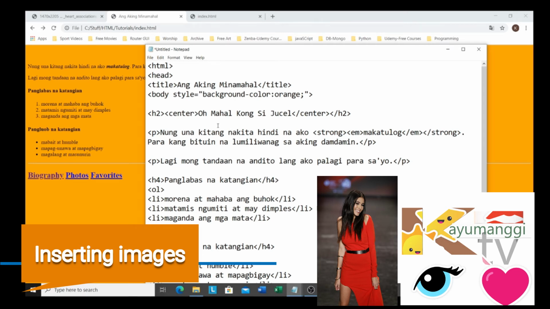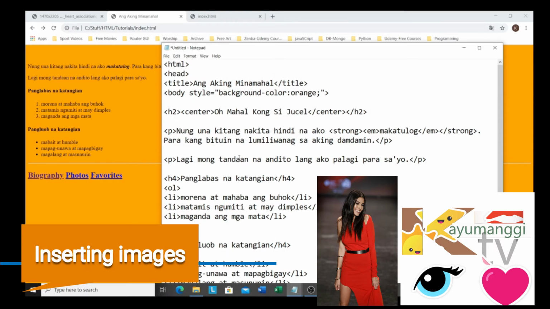So, inserting an image to a website, there are two ways, okay? First, you can insert from your local computer, and the other way is to insert from a website, okay? So, let's get started. So, gawin natin yung first method, na kunin natin from our computer. Okay, so lagay natin yung image HTML tags,